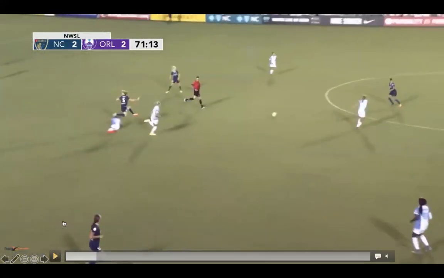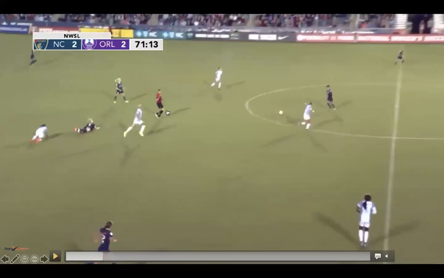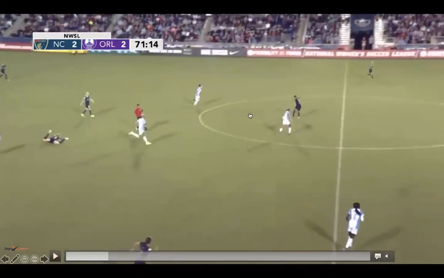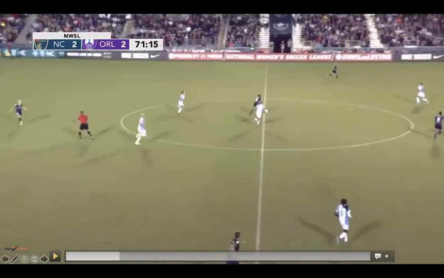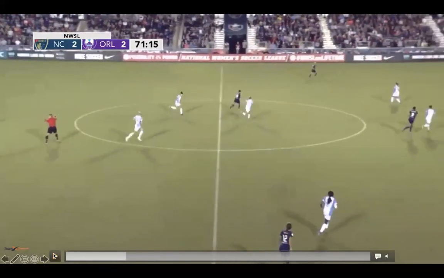Good position, sees it well, turns. He puts the whistle up, you can see him, but then he scans the field, sees that not only does this player have time and space, but she's also got that player out there who's wide open, and says, okay, I'm going to give advantage. And he actually turns back to the player and says advantage so that she knows there's a reason he didn't call that foul. I'm going to give you advantage.